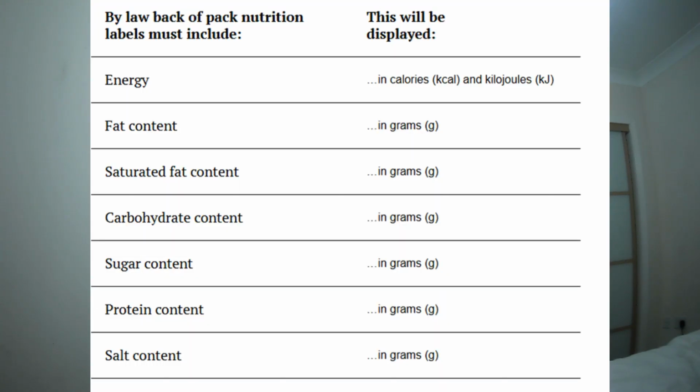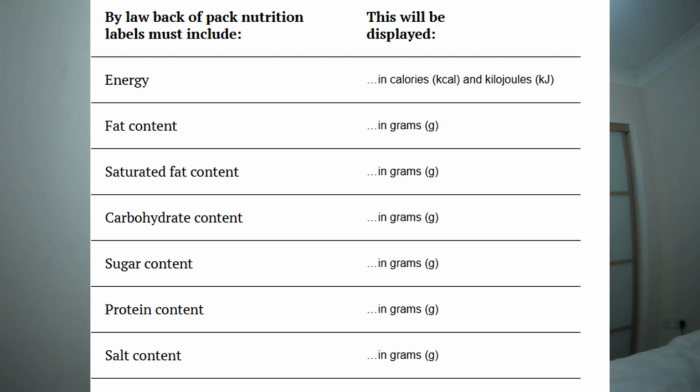You may be wondering, how can I calculate how much something will spike my blood glucose levels if a food doesn't share its glycemic index or load? Well, this leads to one of my biggest qualms of the food industry in the UK, which is the mandatory nutrition label all food companies must share. This is what nutritious information food companies mandatorily have to share about their product. Companies are not enforced by law to share the glycemic index or load on their food in their label.